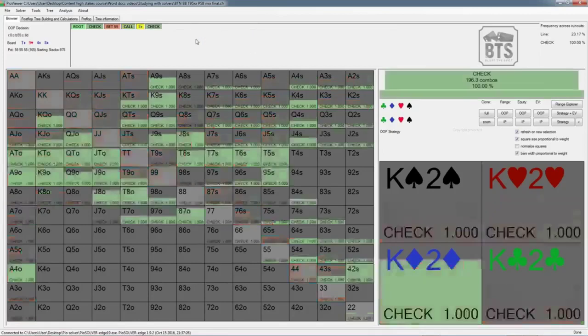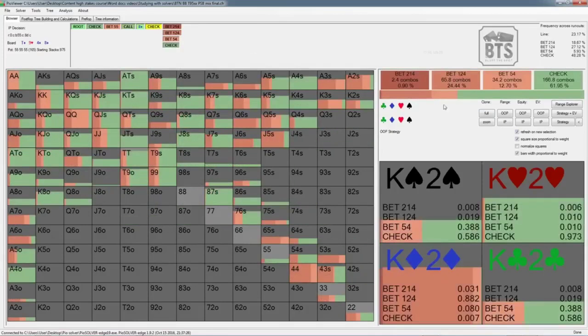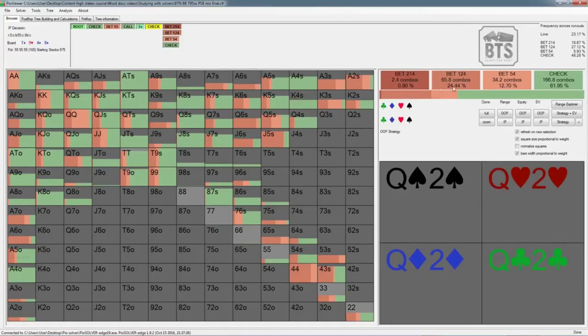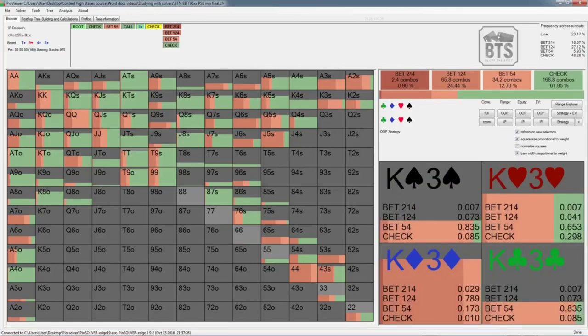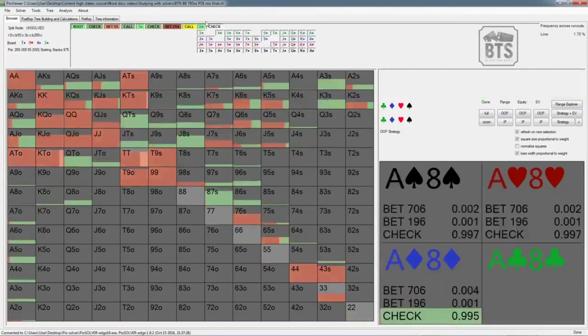But if you were to pick the 8 of diamonds, you'll see that all of a sudden Pio likes to bet really small, as well as just a regular large sizing. But it doesn't really overbet, because on the 8, villain can have 2 pair, he can have a straight, he can have a set, he can have a pair plus draw. It's a scary card, which means we bet less in general. So we've overbet the turn, and we get called, and then you'll see on, let's say, the safest possible card,